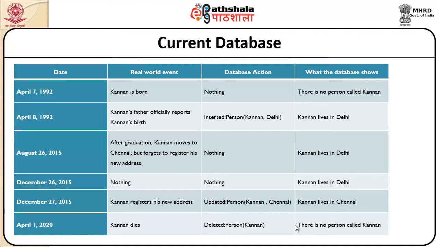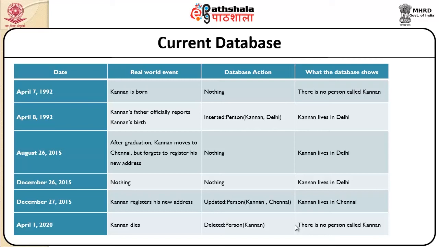I have just assumed only 5 or 6 transactions happening over a period. Although it has been a sequence, there can be a lot of discrepancies between them. Say a person has shifted on August 26, 2015, but I cannot say the records were updated saying that in the year 1995 itself Kannan has changed his location from Delhi to Chennai. So, that may not be possible. So, with this in mind, we will try to understand what exactly is valid time and what exactly is the transaction time.